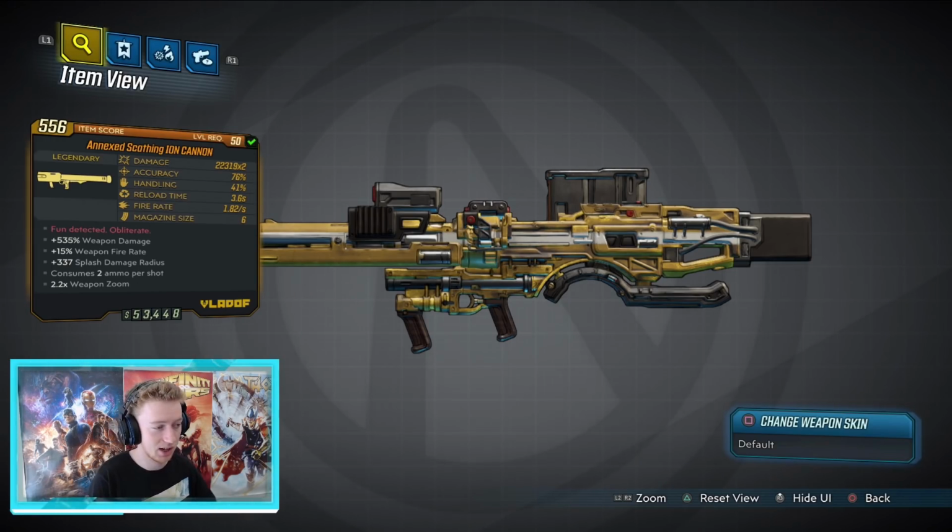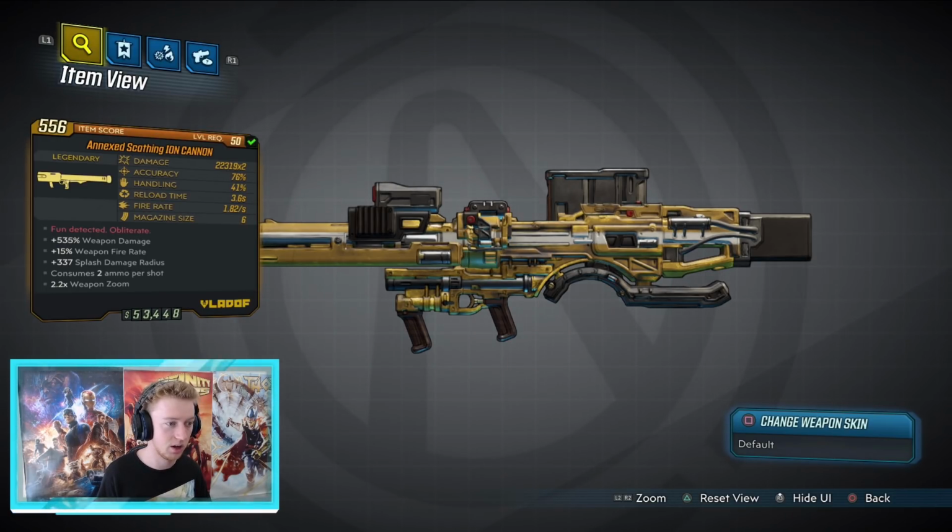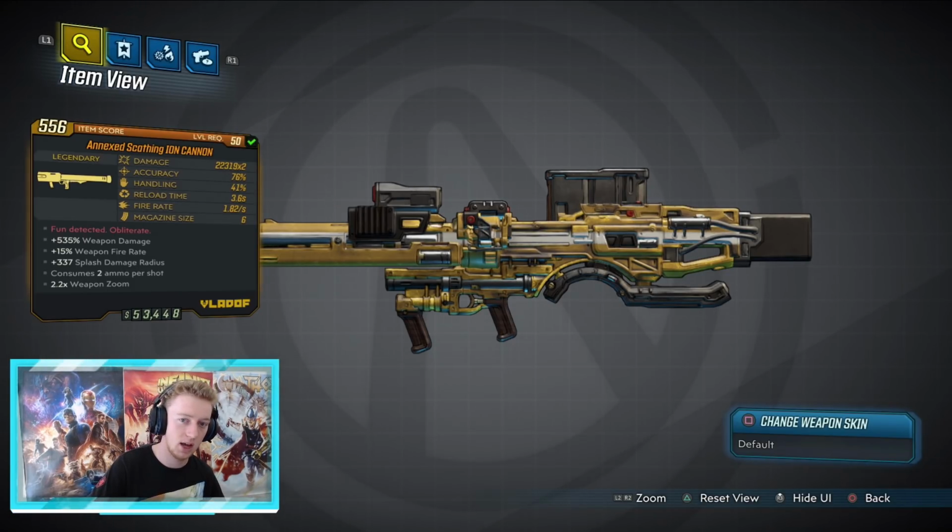And now what I've been really excited to show you guys is the new cannon rocket launcher in Borderlands 3. DLC 1 is specific to that. I don't think you can get it anywhere else. This thing is an absolute tank. As you can see,